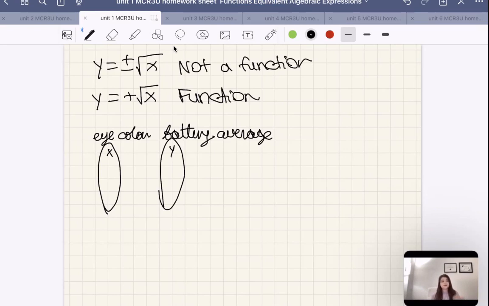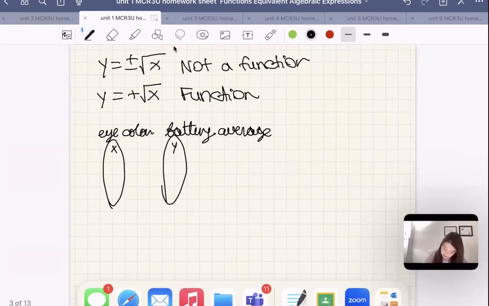I'm sure there's plenty of brown-eyed people who have different batting averages, but the same eye color. So we could input the same eye color, brown eyes or blue eyes or any other color of eyes, and get two different or even more different possible batting averages. So this is not a function